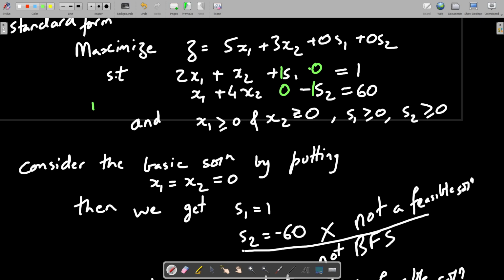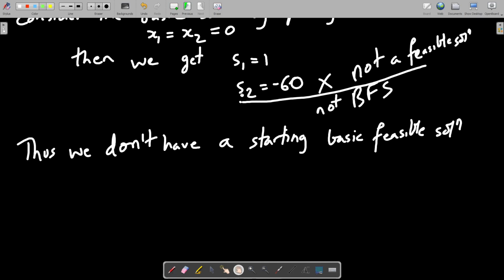Okay. Yeah, so can you see that we don't have the identity matrix over there? We have 1 0, 0 minus 1. Right? So this is the problem we are facing here right now. We don't have the identity matrix over there, and hence we don't have that starting basic feasible solution. Okay. So let us do something else now. Yeah. Hence we will use the artificial variables.